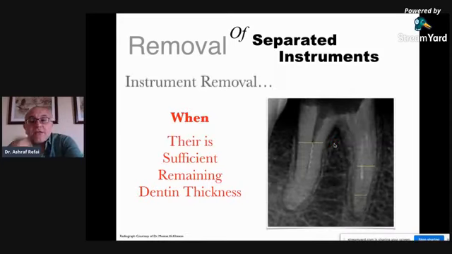Now, the second issue here, which I'm going to touch on in a few moments, is when there is sufficient remaining dentine thickness. And this is something that a lot of people don't look at in their preoperative x-rays when they refer these cases. You have to look at the thickness of the root. Some roots are really thick, because the process of instrument retrieval requires that there be some level of dentin laterally to allow for some enlargement, so that you can apply your methods of removal or your instrument retrieval technology, and then have space for the instrument to come up inside the canal.